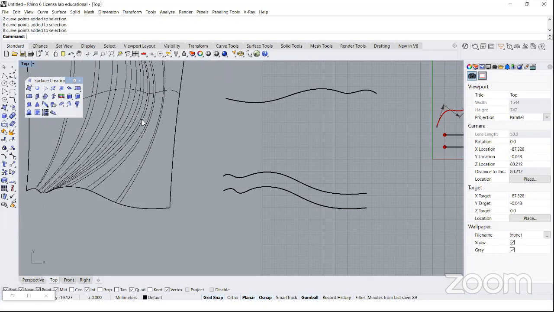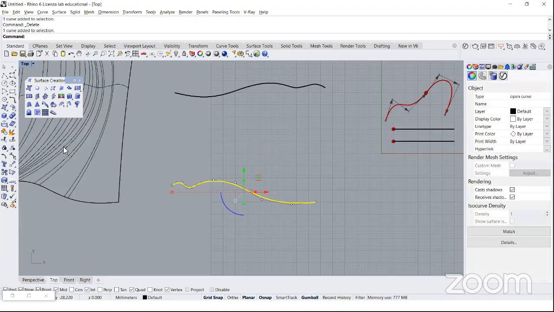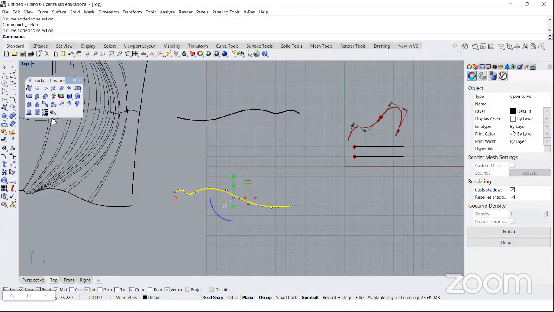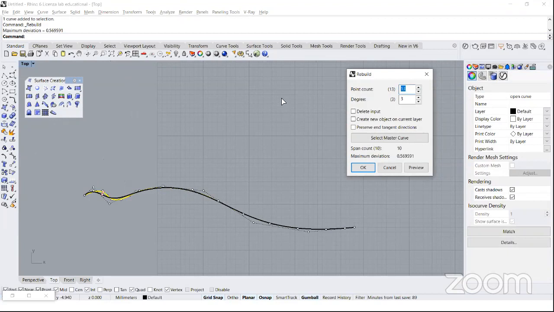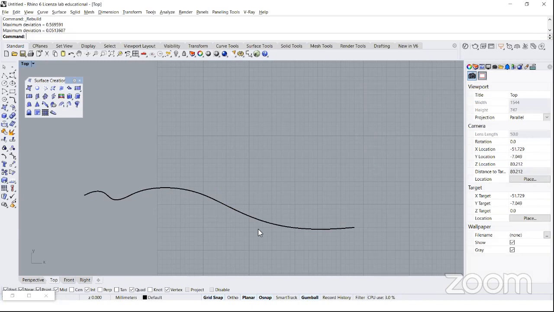I would use a rebuild command on this section, for example, here, in order to understand what deformation I get when I use a certain amount of control points. I don't want to change the degree, of course. So the only thing that I can change here is the amount of control points. And I want to get an acceptable maximum deviation. So we saw, for example, that if I increase this to 30, I already have an acceptable maximum deviation. This means that the shape of the resulting curve is more or less equal to the shape of the original curve. So I delete the input eventually,